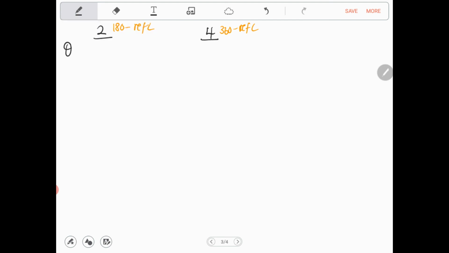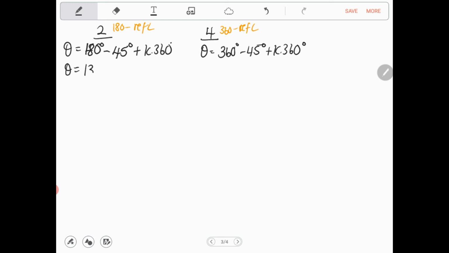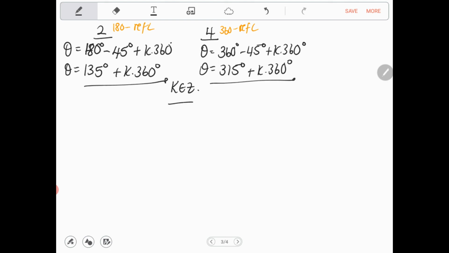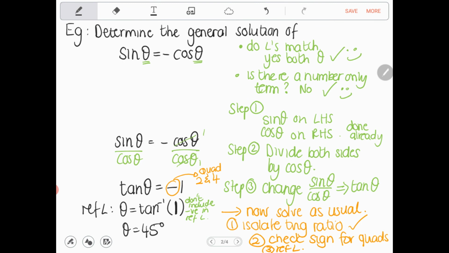All right, so theta is going to be 180 minus 45 plus k lots of 360, or theta is going to be 360 minus 45 plus k lots of 360. This is all the same as your basic equations. So this is going to be 135 plus k lots of 360, and this one's going to be 315 plus k lots of 360, and remember k is an element of Z. Okay, so that is a general solution to an equation that has sine and cos together, angles matching, and no